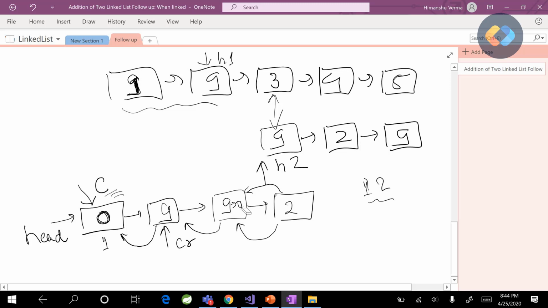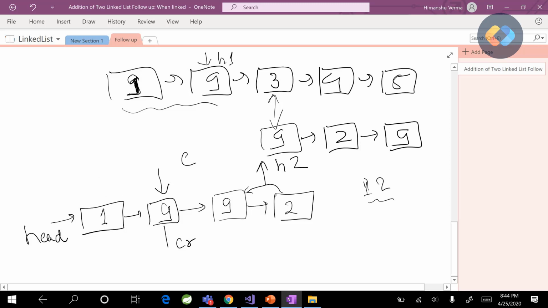So let's see how we are going to handle this situation. What we will do, we'll start moving our carry pointer. So first what we'll do, we know whatever the value at this node, we have to just increment it by 1, right? So we'll just increment it by 1, and after that what we'll do, we'll move our carry pointer here.